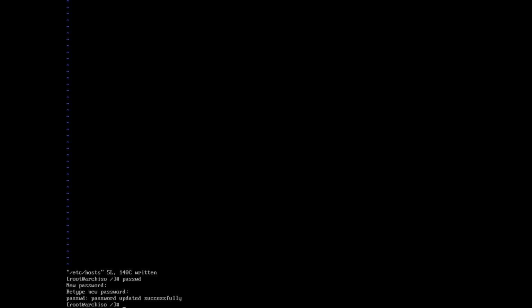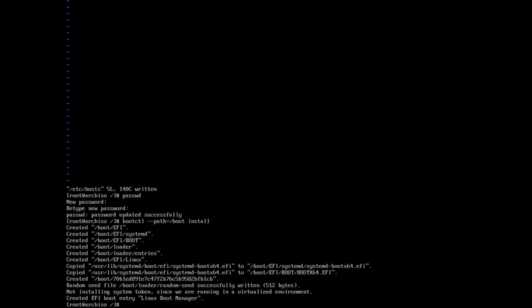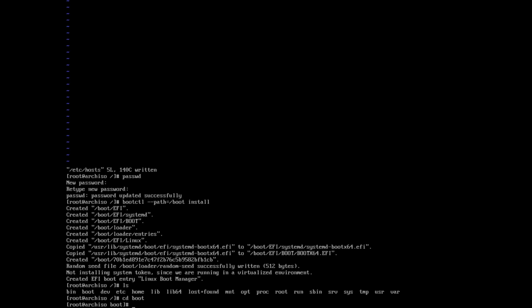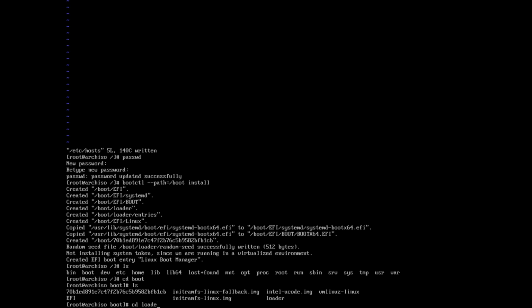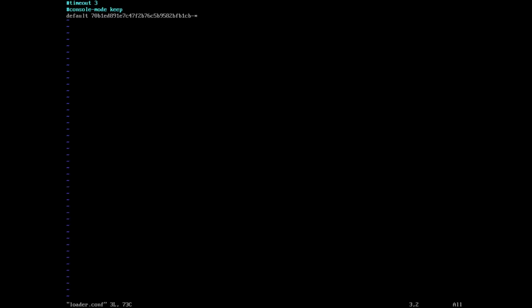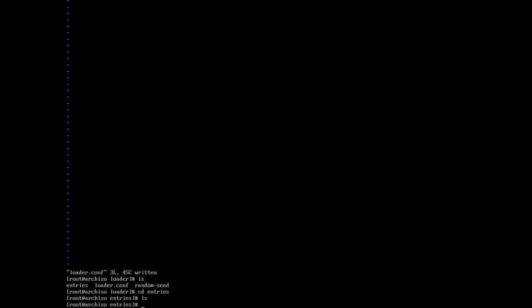So bootctl --path=/boot, in my case, install. Very easy stuff. Now I can list the files and go to /boot, ls, cd loader, ls, and here I have the loader.conf, so vim loader.conf, and the default will be always arch, so I can delete this word and add arch, save the file, cd, ls, cd entries,